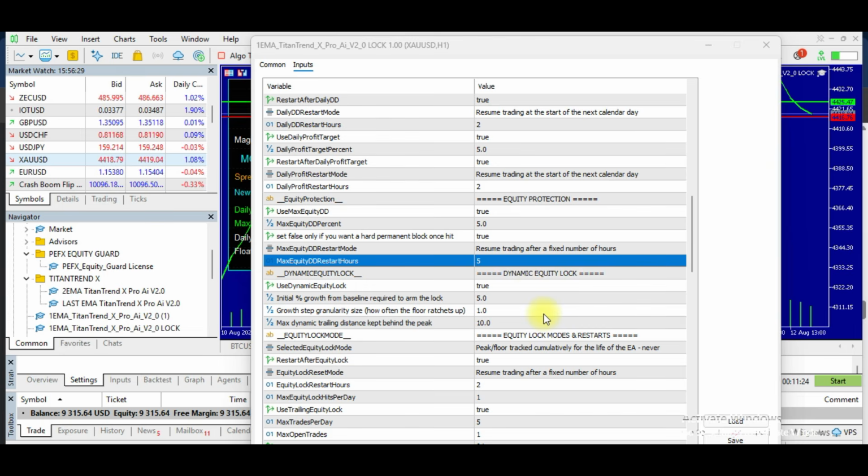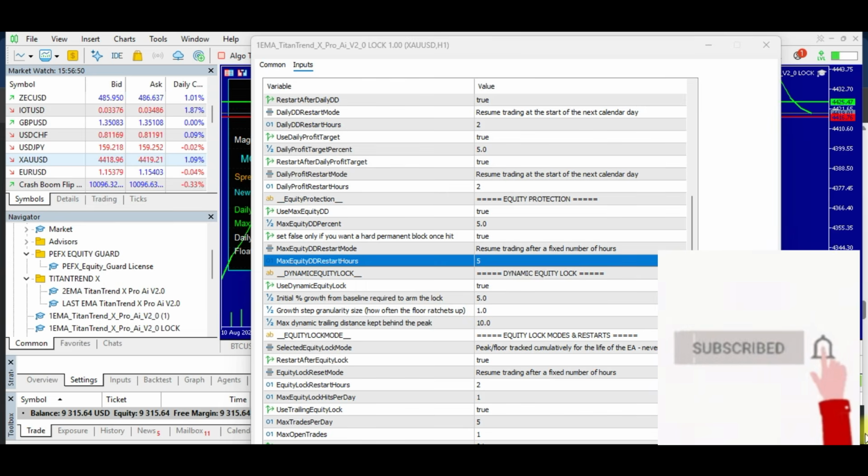Now, if you toggle it on, then this place... I'll be using my... it's the initial percent growth from baseline required to arm the lock. What is this trying to say here? What did I put here? What it is saying here is that